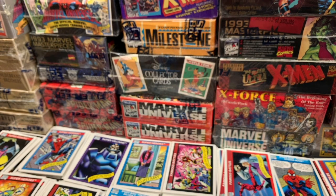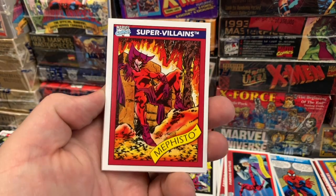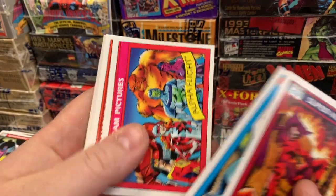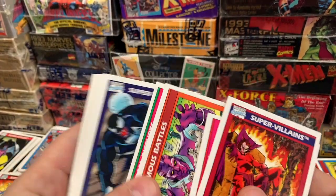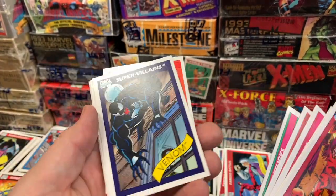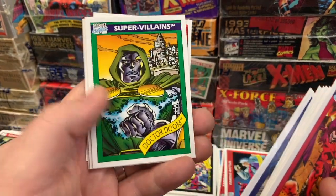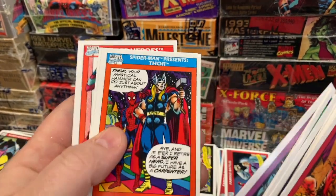People would buy them to kind of get the cards they want. Even in the trading card community that's been around, the 1990 set has never been the most popular set. And the main reason is because everyone has it already. Oh, that Venom's a little off centered, but still great. So, yeah, the funny part with it is